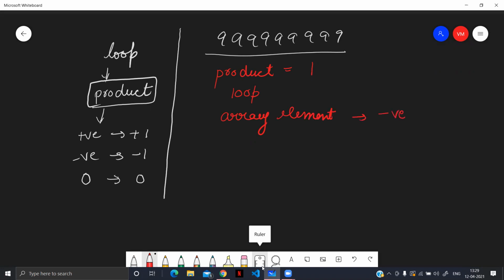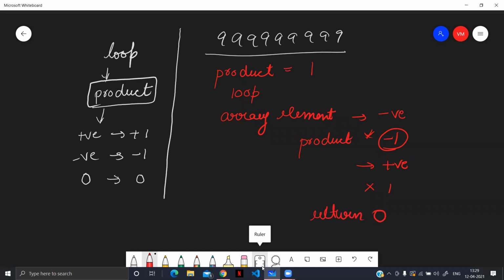If the array element is negative, then we will multiply our product with -1. If the array element is positive, then we will multiply our product with +1. And if the array element comes out to 0, then we will simply return 0 in that case.